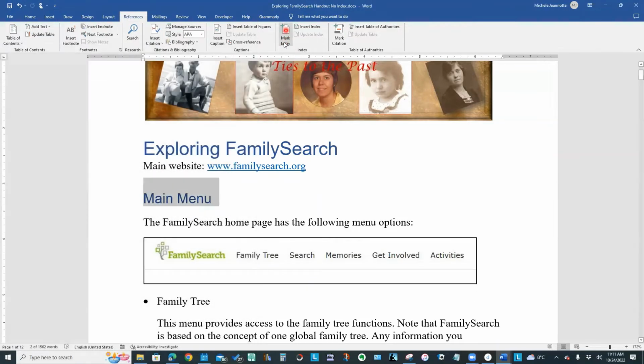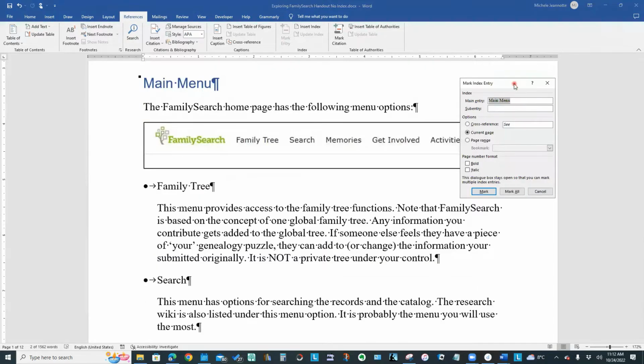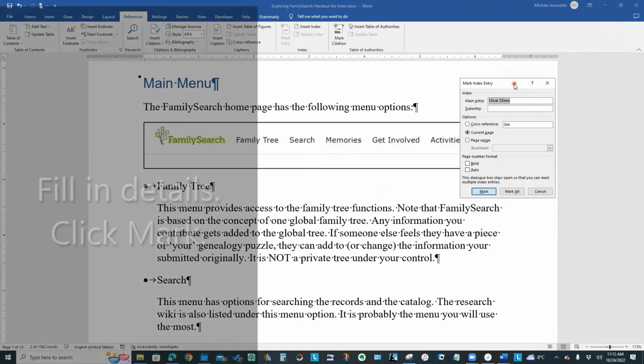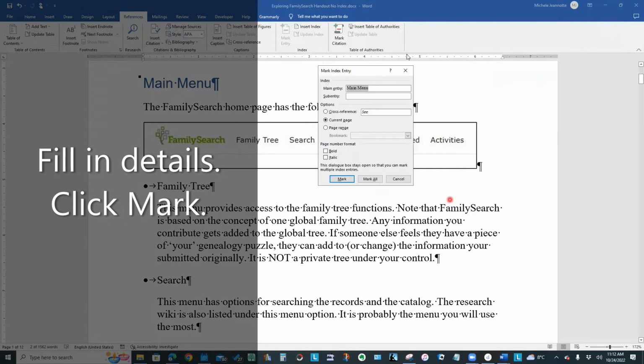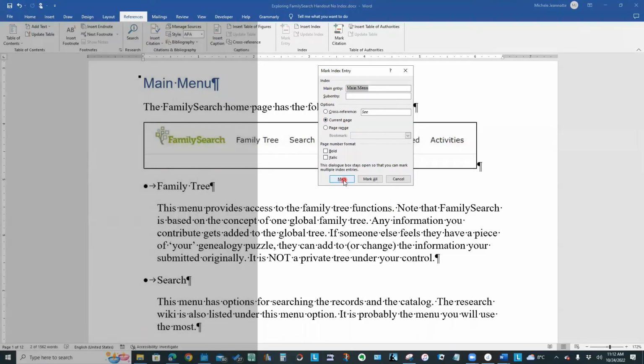If I click that Mark Entry icon, it pulls up this dialog box. And you'll notice it's giving me some information. It says the main entry is going to say main menu. It's going to list the page number. And if I click Mark,